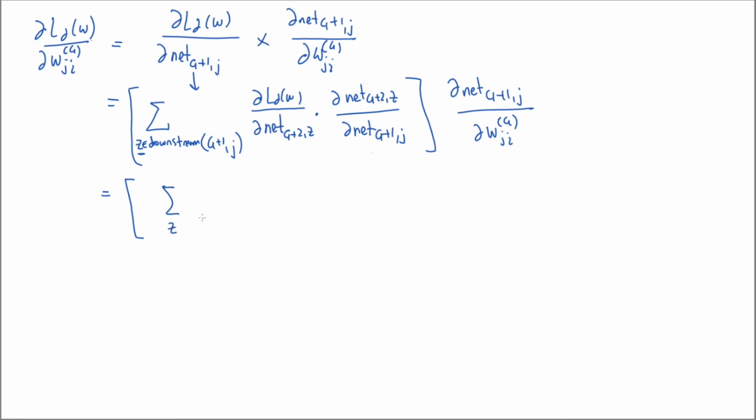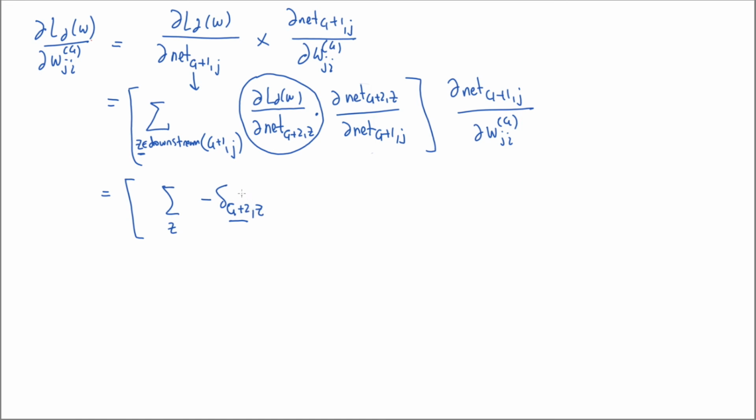Okay, I'm just going to write C here to save the trouble. But this derivative is the negative of delta g plus 2z. This delta just means the derivative of the loss with respect to any net in the network. Previously, we just talked about deltas in the output layer, but here we can talk about the deltas in any layer. And it should be easy to see that this is going to be